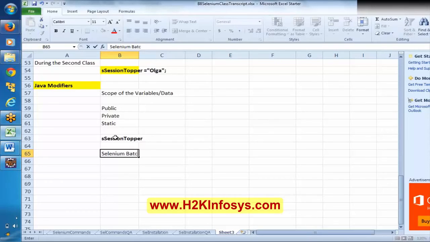Now, for those students who log into the H2K website as a Selenium student with some credentials, this session topper should show the session topper of your batch only.